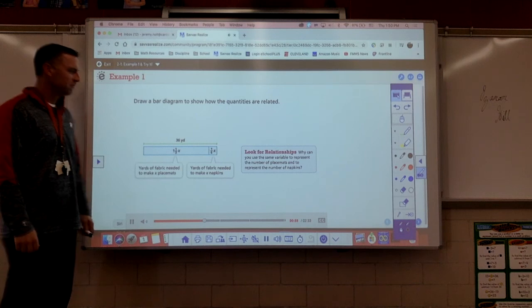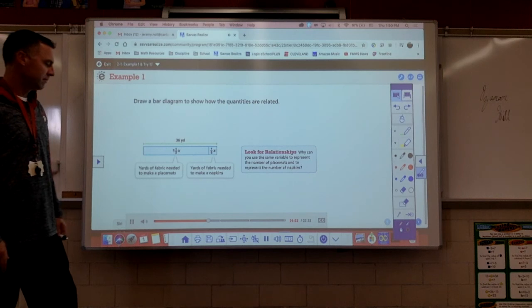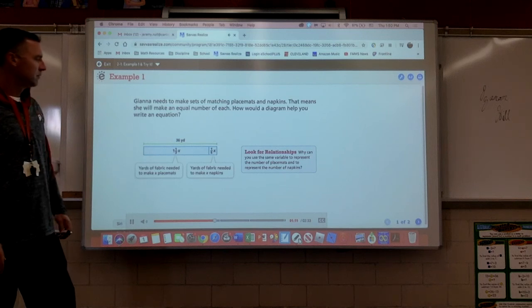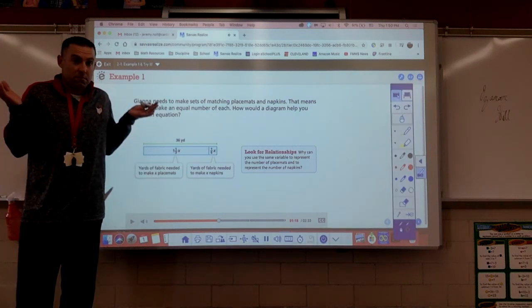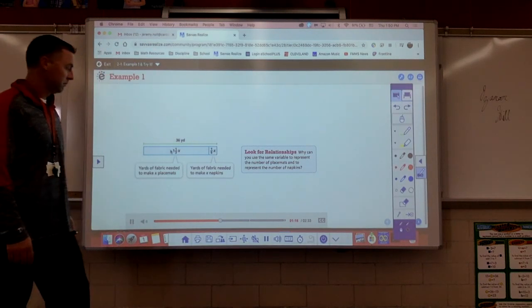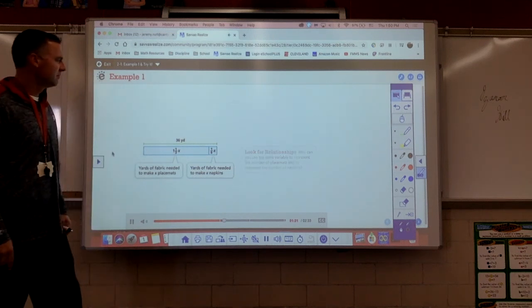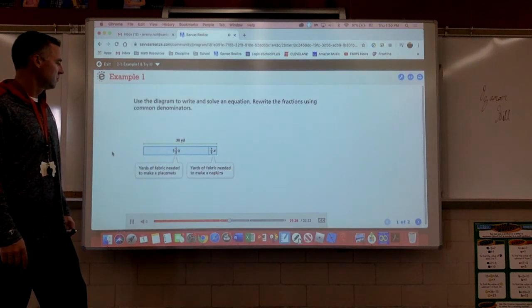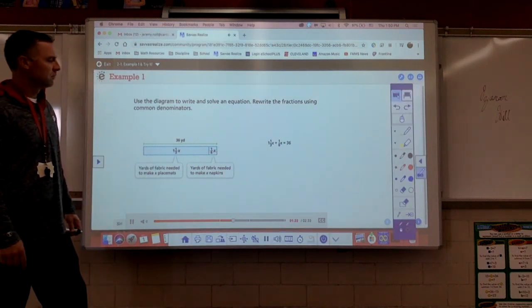Why can you use the same variable to represent the number of placemats and to represent the number of napkins? Gianna needs to make sets of matching placemats and napkins. That means she will make an equal number of each. How would a diagram help you write an equation? A diagram would help you visualize the relationship between quantities. Now use the diagram to write and solve an equation. The diagram shows that 1 1/3 x plus 1/6 x is equal to 36, the total number of yards of